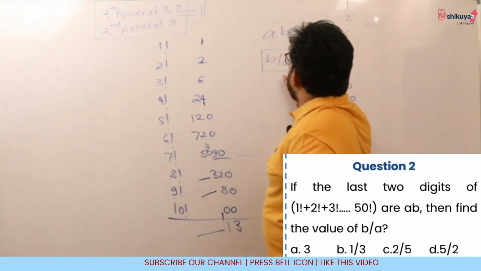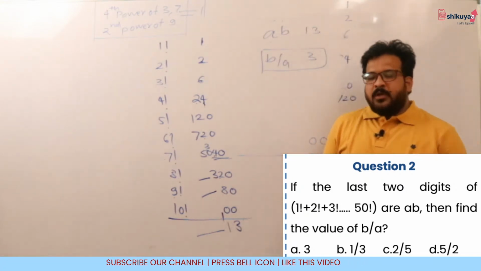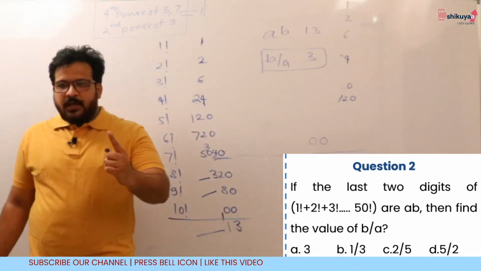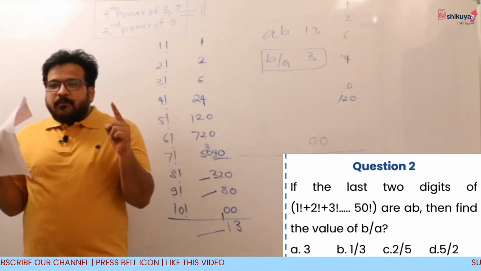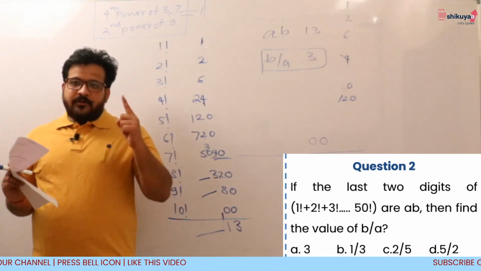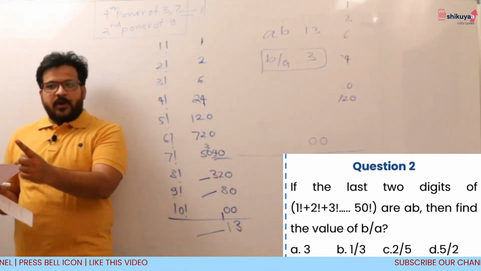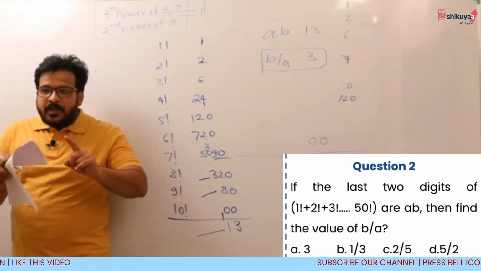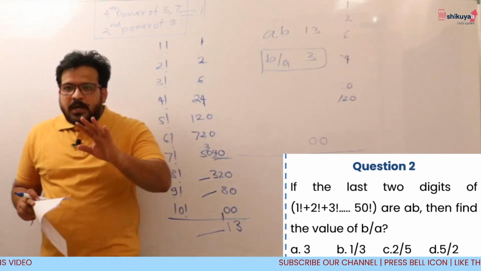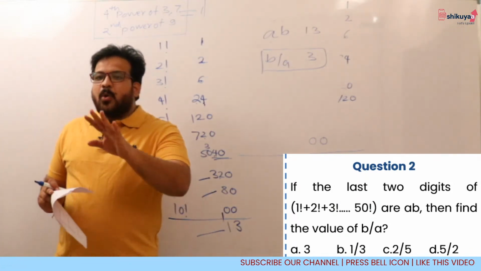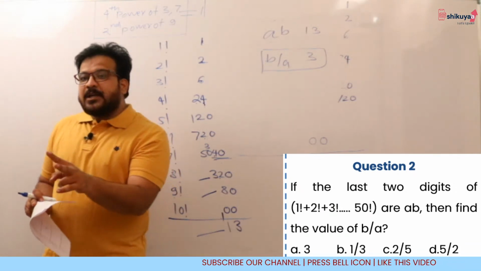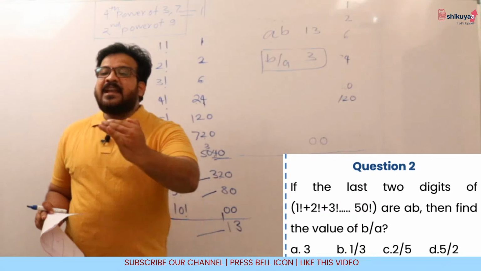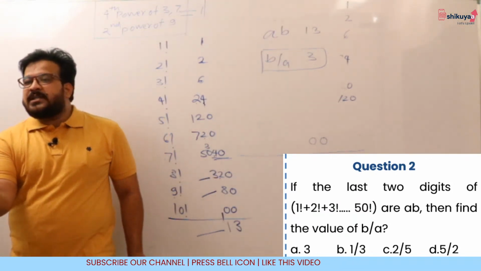Don't worry, I am going to explain this problem again. The first thing that I shared with you is that even if the number seems long, 1 factorial plus 2 factorial plus 3 factorial plus 4 factorial till 50 factorial, don't worry, because you need not calculate the entire number. You are only bothered to calculate the last two digits till 10 factorial, because when you reach 10 factorial, the last two digits become